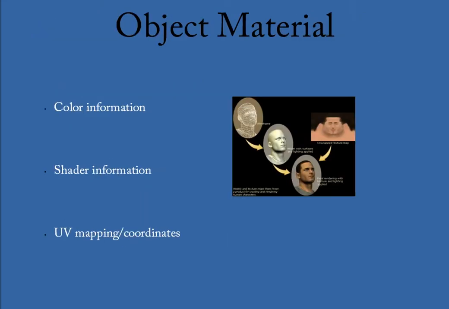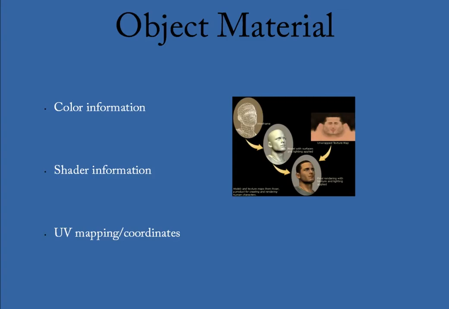Now getting into some 3D related topics, object material. In 3D, you have an object material that defines the color information, shader information, and can give you UV mapping coordinates. Color information is basically, what is the color of an object? White, black, anything. Shader information, is it shiny? Is it a matte finish? The object could be a glass material, anything. That's the shader information. That is what we define as what kind of material it is in, let's say, real